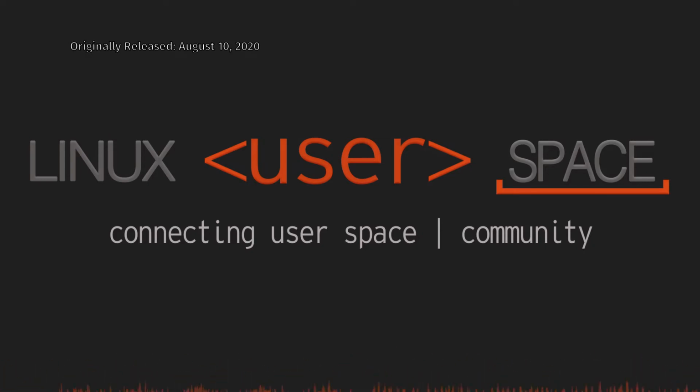Available spins, though: KDE, LXQt, LXDE, Cinnamon, MATE, Xfce, SoaS, Sugar on a Stick. See, that's where the sugar went. Yeah, that's where all the sugar went. They gave it to the kids, which is a child-friendly interface. Really neat looking at their Labs. Have you ever played with any of those? The Labs? As you scroll down that, I lose interest. It's on the next page. It's on a different page, but it's got its own...